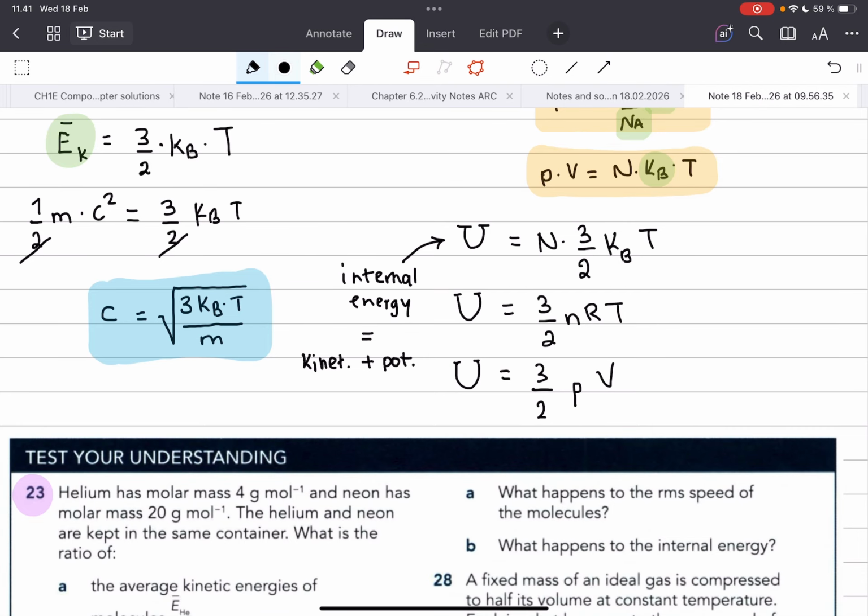However, we talked about ideal gases, and an ideal gas is defined in such a way that the potential energy it has is 0. So for ideal gases, the internal energy of the particles is equal to just the kinetic